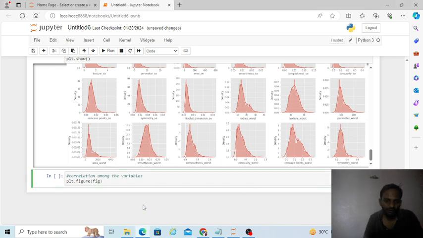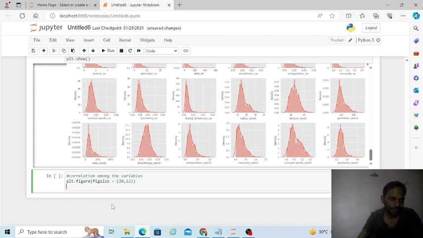So plt dot fig size, I will pass a tuple and try to draw a heat map of this correlation. So core is equal to df dot core